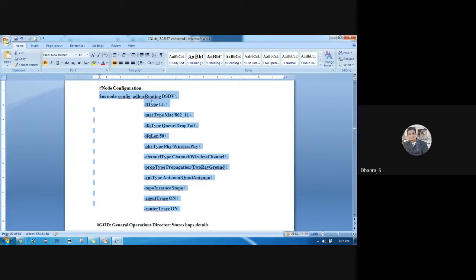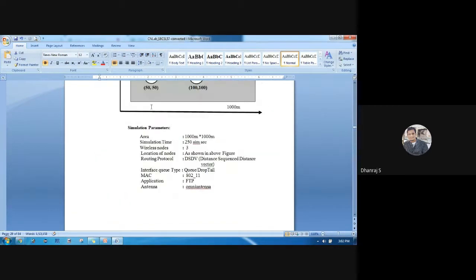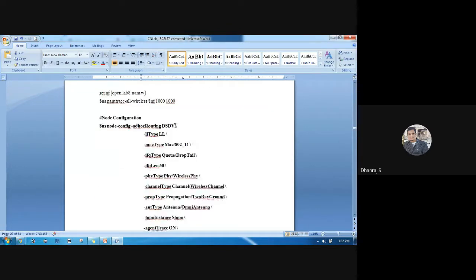Coming to the first one, $ns node-config -adhocRouting. What is the type of routing algorithm you're using? That is DSDV, as I mentioned in the beginning, the destination sequenced distance vector protocol. That is specified here, and space forward slash.